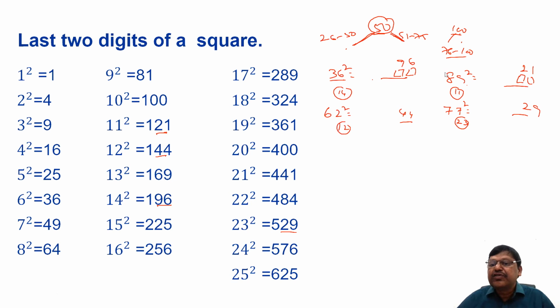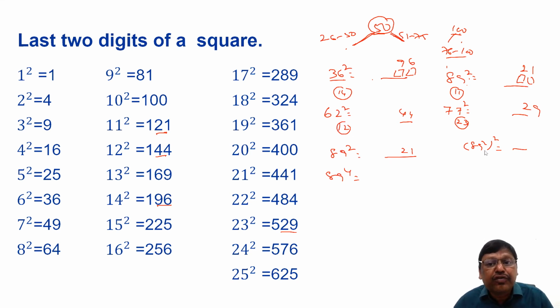Now one more thing is, say for example, if I take this 89 square, 89 square ends with 21. As I said, we'll concentrate only up to last two digits, right? For finding the entire square, please do watch that video that I suggested. Now, what is 89 power 4? 89 power 4 is nothing but 89 square whole square. So 89 square is ending with 21, which means 89 power 4 will end with what last two digits? I have to square the right hand side. In other words, the last two digits are 21, so the result of 89 power 4 will be nothing but the square of this 21. What is 21 square's last two places?